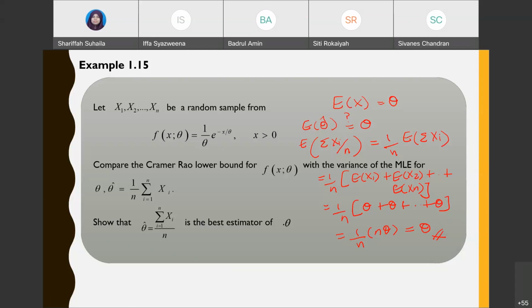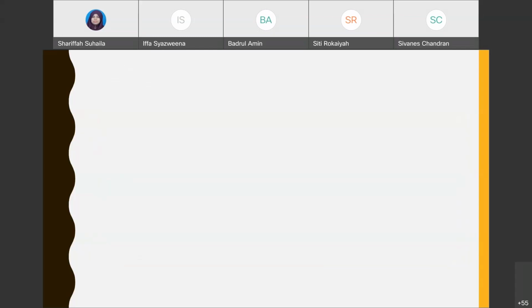Okay. So in this case, your theta hat is the unbiased estimator of theta because we get expected value of theta hat equals theta. Okay. So next, you show again the variance of theta hat. This is simple, variance of theta hat. So if you're not sure, again here, we want to show